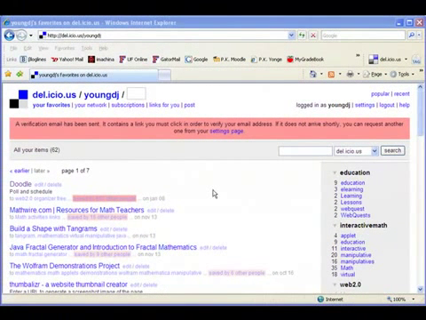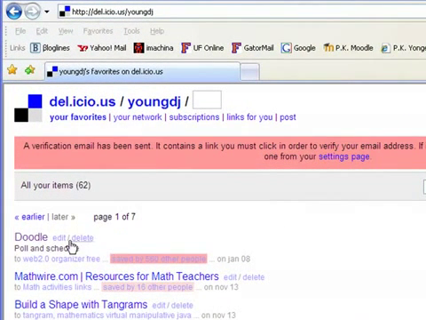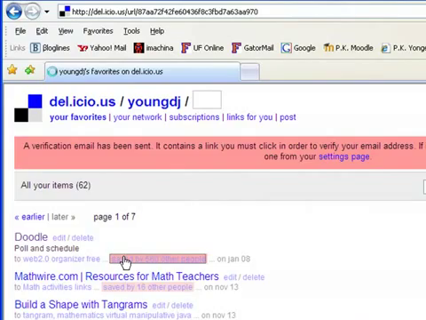Now the last thing we want to do is talk about why this is called a social bookmarking site, and that is because you can share your bookmarks with anybody. So there's two different ways we can do that. First, you'll notice that if I have a page saved, so over here on the left I have this doodle page bookmark, you can see that it says it's saved by 560 other people, and if I click on that,